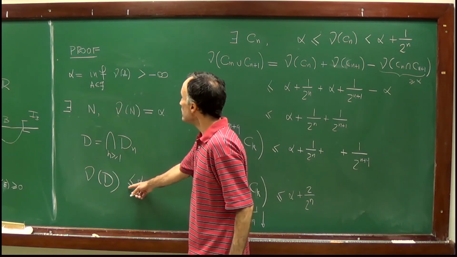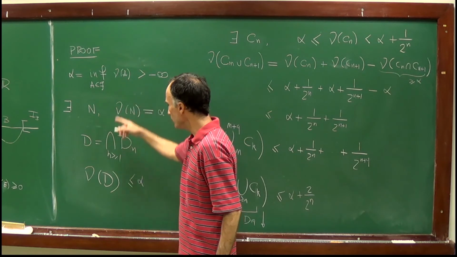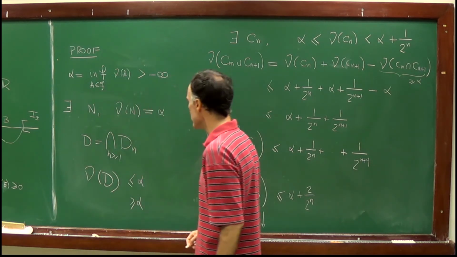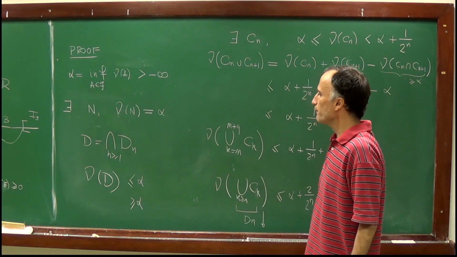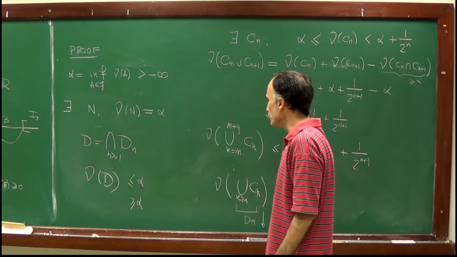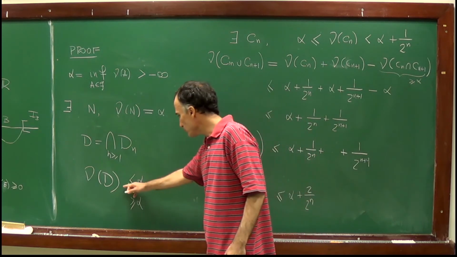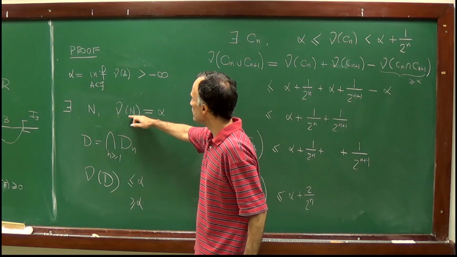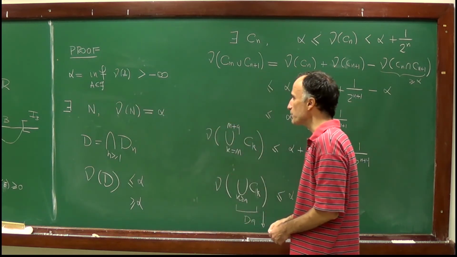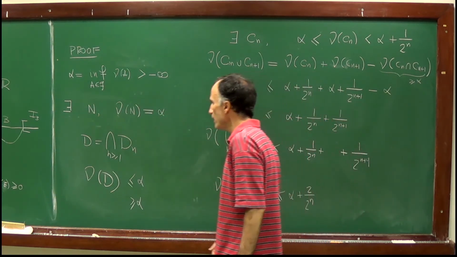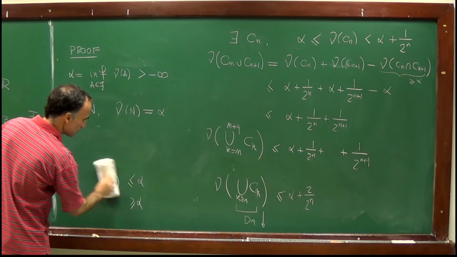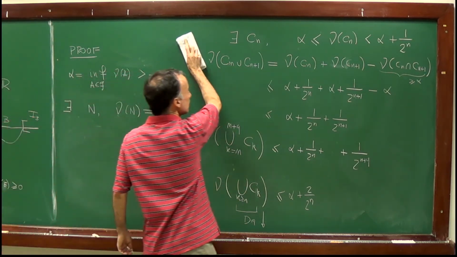But since alpha is the infimum, this set D has measure which is greater or equal than alpha, and therefore nu of D is exactly equal to alpha, and D is our set N. So we obtain a set N whose measure is equal to alpha. And this completes the proof of the second step. And as I said, once you prove